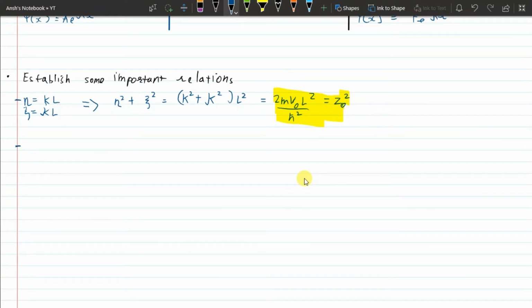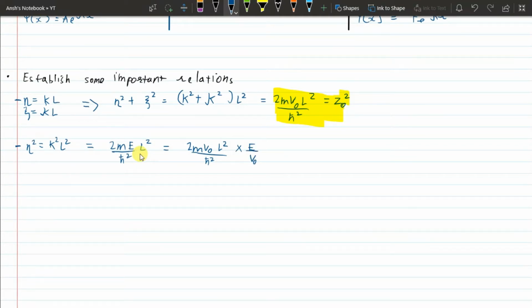The second relation that we establish is, we know that eta square is equal to k square L square. This is simply squaring this equation on both sides. And so substituting the value of k, we get 2me over h cut square. So we see that in this term right here, there's a V naught, and here we don't have a V naught. So essentially what we'll do is we'll multiply and divide by V naught. So we'll have 2m V naught L square over h cut square into E, that was the remaining term, by V naught.